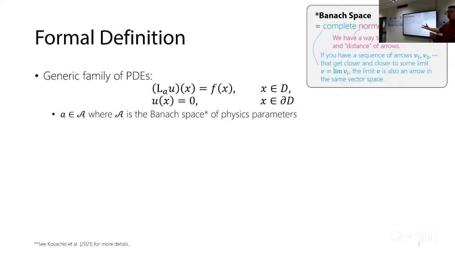And things like functions are vectors in the sense that you can add functions, you can compute the dot product between the functions. You can also measure the norm of a function and so on and so forth. So you can assign the vector space property to arbitrary functions. And then the requirement for a Banach space is